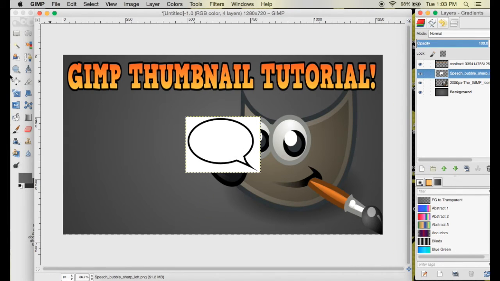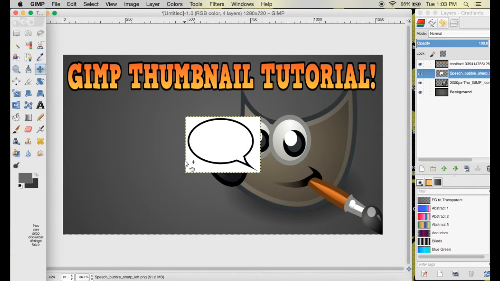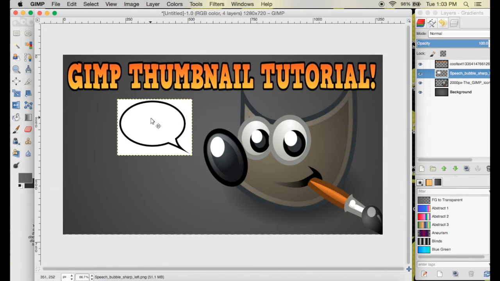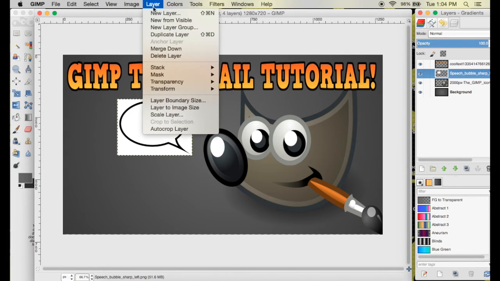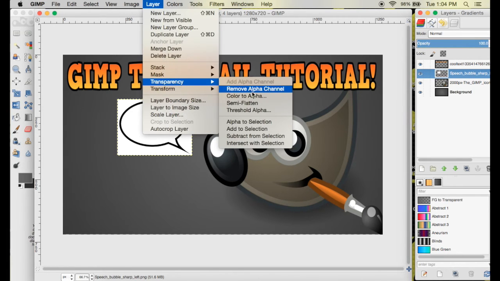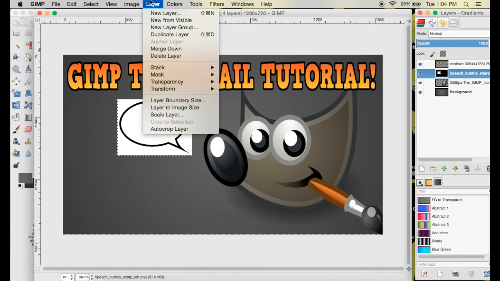So this speech bubble is going to make it look like the GIMP logo is saying something, but I really don't want that white outer edge part on it. So what I'm going to do is select the speech bubble layer if it's not selected already. I'm going to go to Layer, Transparency. If there isn't an alpha channel, I would add the alpha channel, so I'm just going to remove alpha channel, Layer,